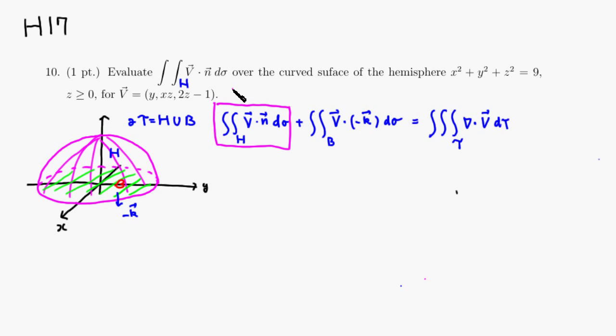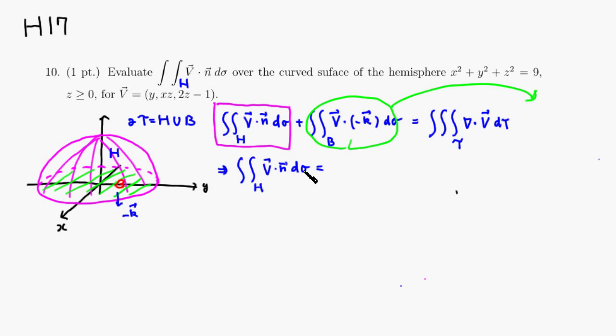So what you can do is put the base integral over to the other side, so that we get what we're looking for. The integral over this hemisphere of V dot n is going to be equal to the triple integral over the